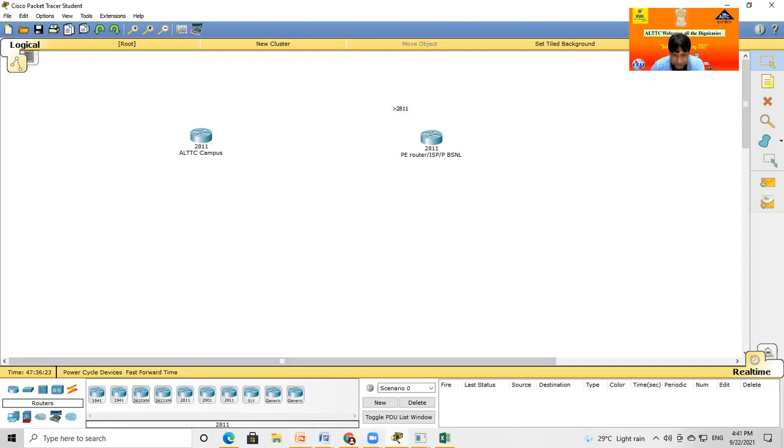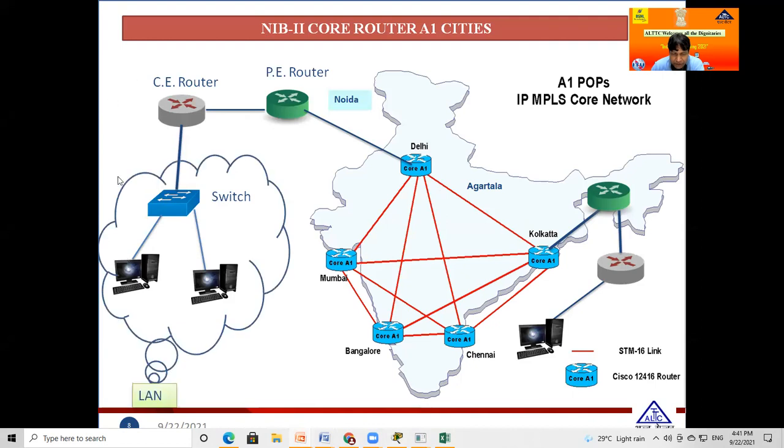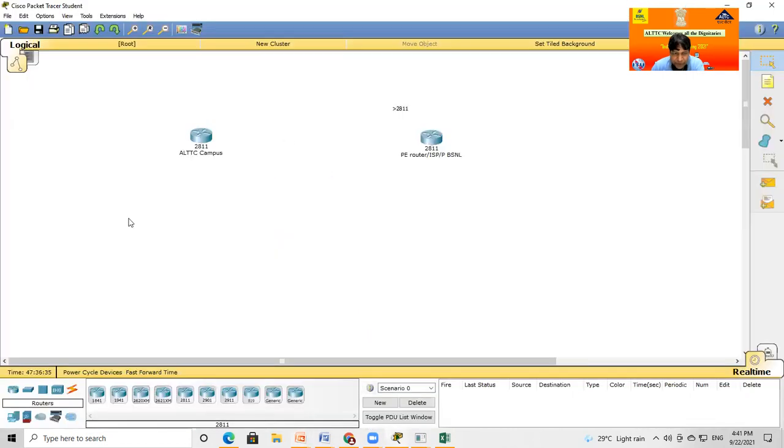Now we discuss how this router is connected to the switch. In the same manner, I go to the manufacturing of this network. Again, come back. I take the selection here, switches, click on switch. You can take the first switch here, a lot of switches are available. You are going for the practical session for the first time, so definitely follow me. I select the first switch and put it here, and you can take one more switch and put it here. Then move down here, all routers are okay.